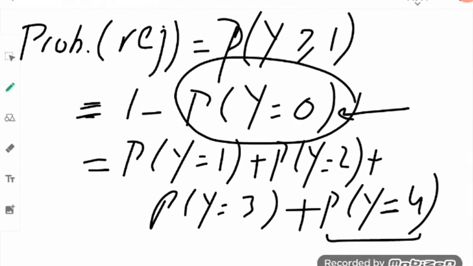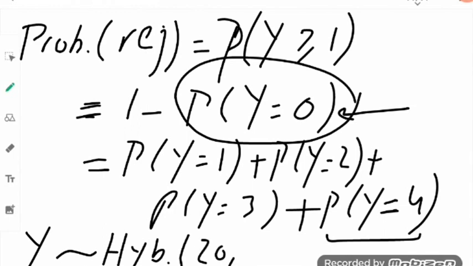So we can say that y follows the hypergeometric distribution with capital N equal 20, a small sample of n equal 5, and r equal 4. All what we need is to substitute in the probability that y greater than or equal 1, which represents rejecting the lot, given by 1 minus